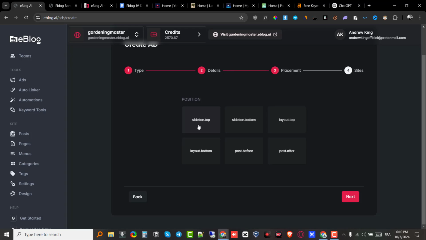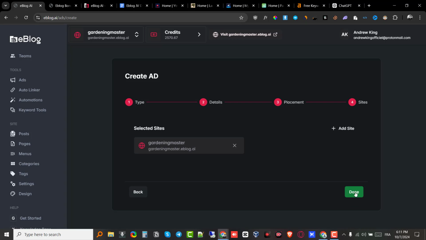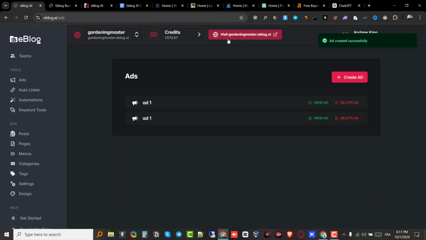and you get to choose the position. So you get to choose whether you want it on the sidebar, on the top, on the bottom, on the layout, on the top or the bottom, or before or after the post. So I'm just gonna go with the sidebar on the top, and then I'm gonna click on next, and here you get to select the website. So I'm gonna go with the gardening master, and then I'm gonna click on done,